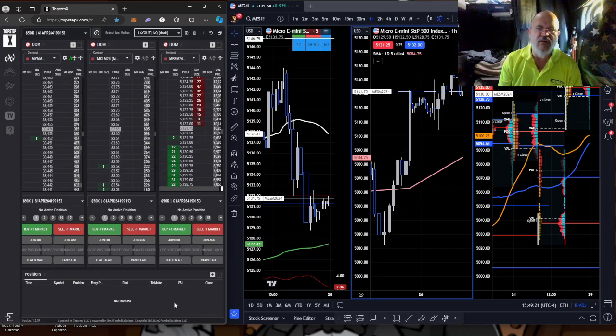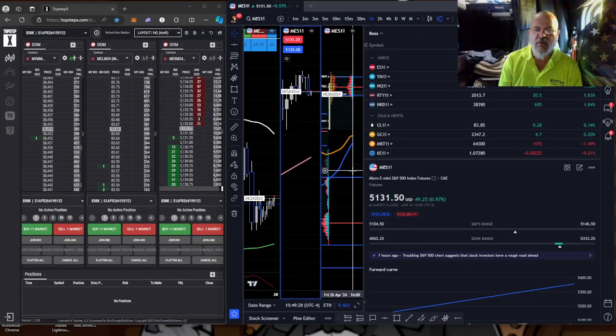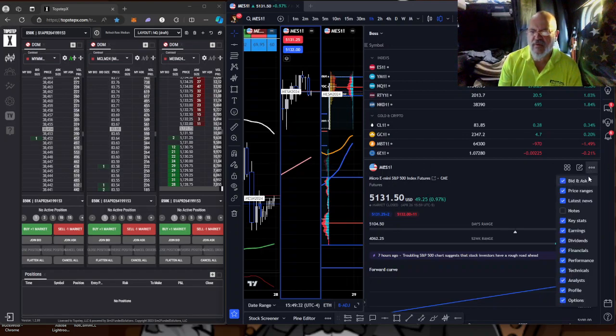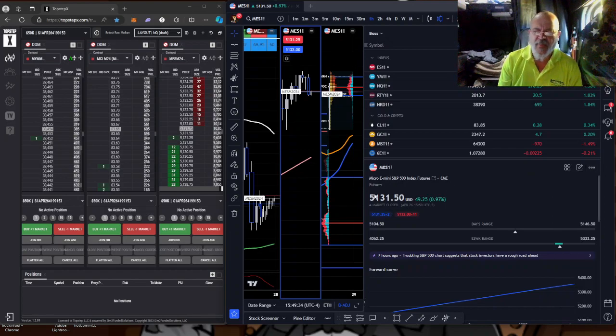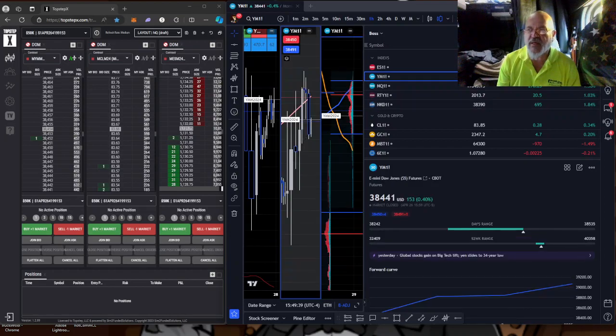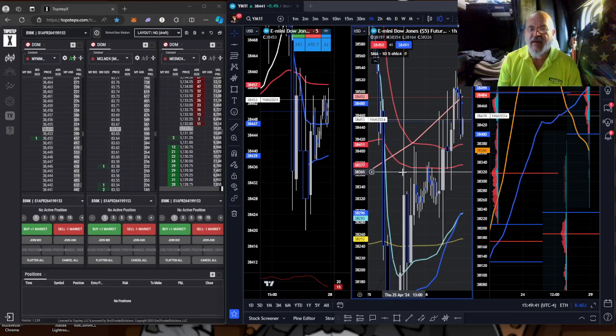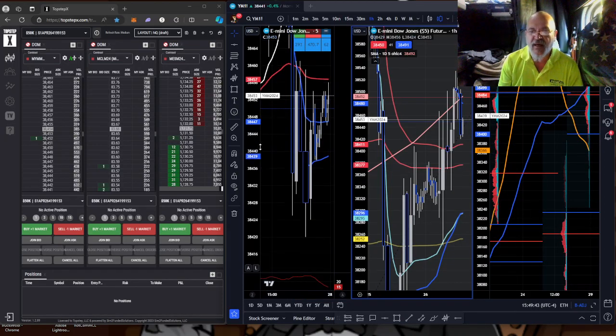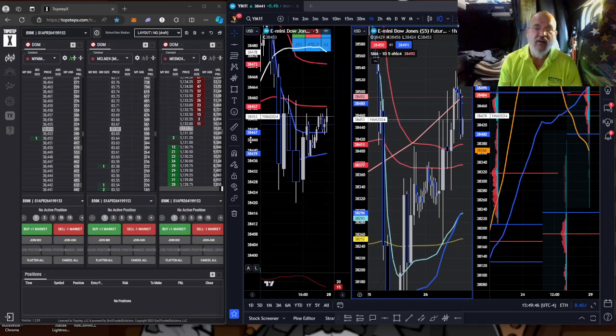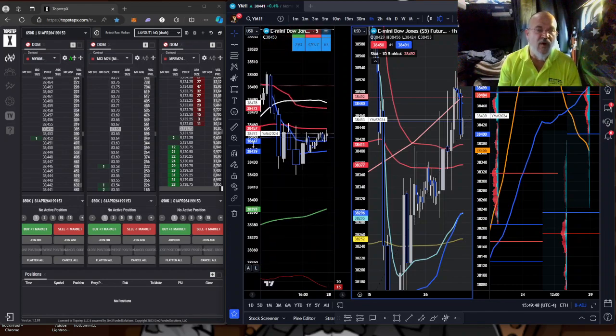Well, if that was in the Dow and I'm looking at the ES chart, I need to switch back. I really need to put the minis in here as well. I can switch back to the micro Dow and see what's going on with that trade. Do I need to exit it? Do I need to be patient? Have we broke a VWAP? I think